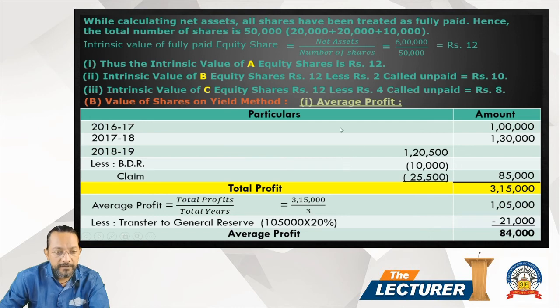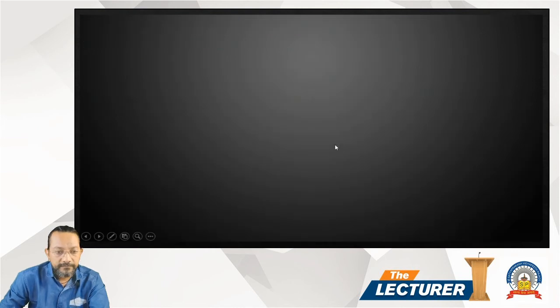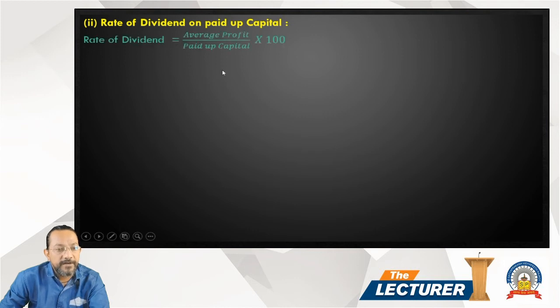Clear, friend? The next is rate of dividend on paid up capital. Rate of dividend is calculated as average profit divided by paid up capital into 100, based on earning. So 84 is the profit, paid up capital 420,